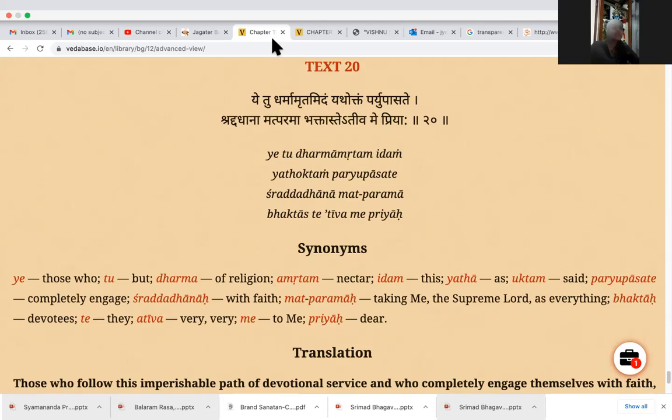Bhaktaste tiva me priya. Bhaktaste tiva me priyaha. Shraddhana mat parama. Shraddhana mata parama. Bhaktaste tiva me priya. Bhaktaste tiva me priyaha. Ye tu